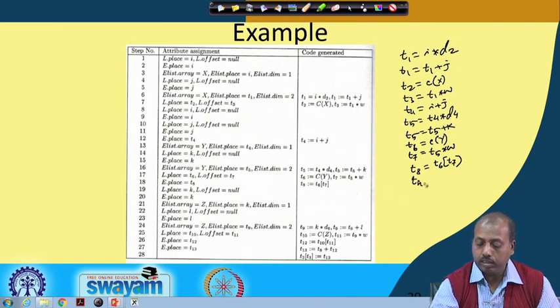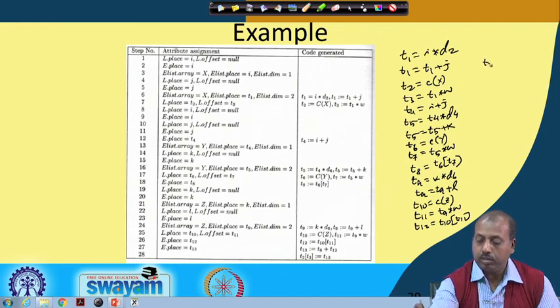Then T9 equal to k into D6, T9 equal to T9 plus L, then T10 equal to constant part of Z, T11 equal to T9 into W, T12 equal to T10 T11, T13 equal to T8 plus T12, and T2 T3 equal to T13.